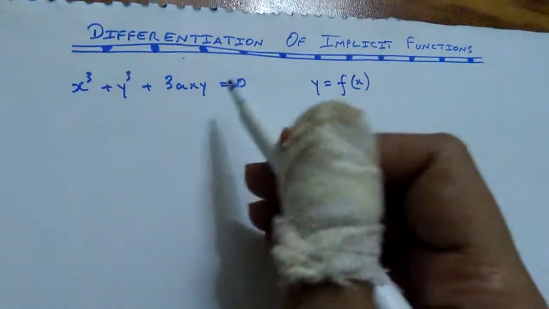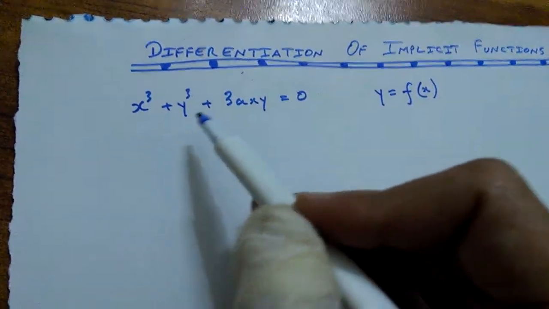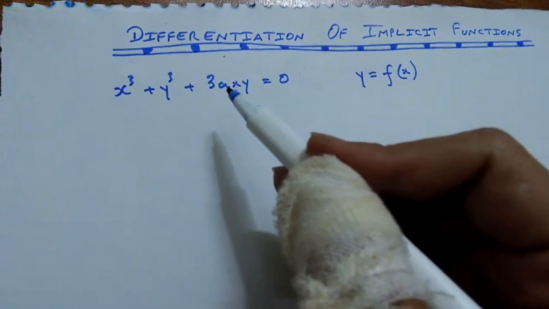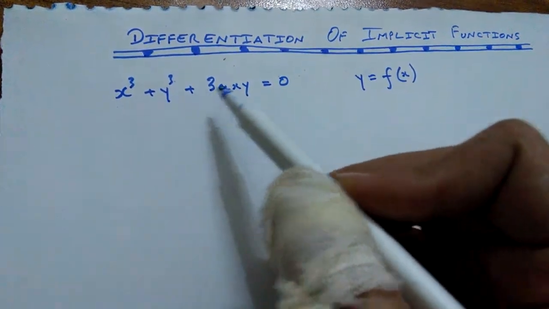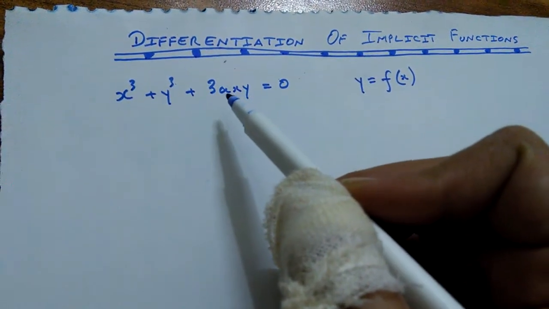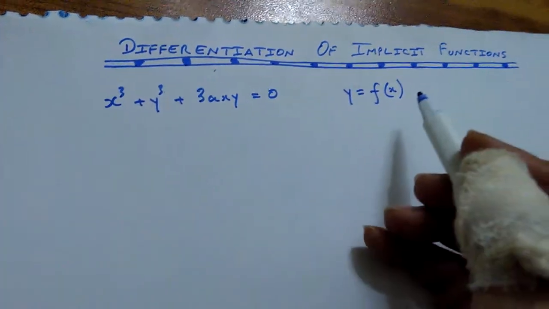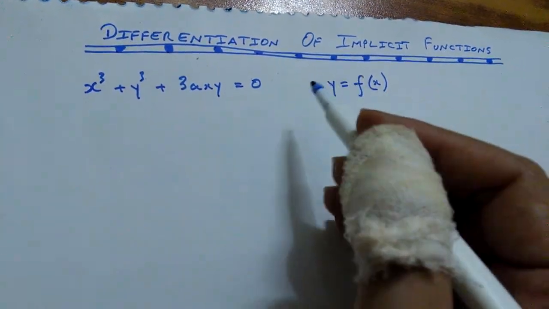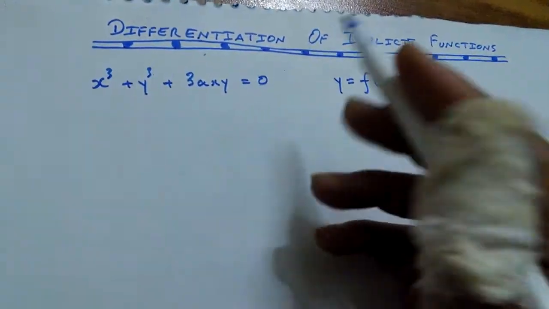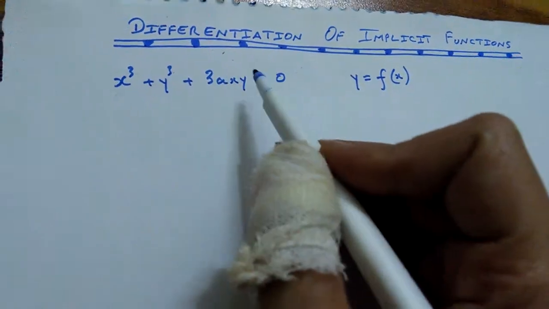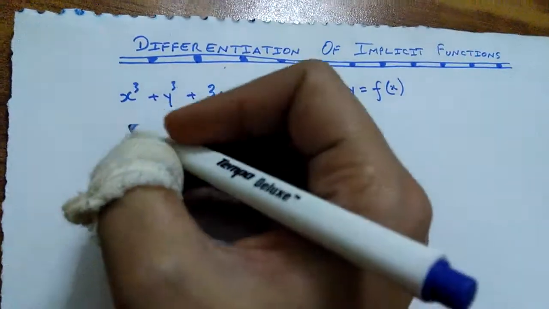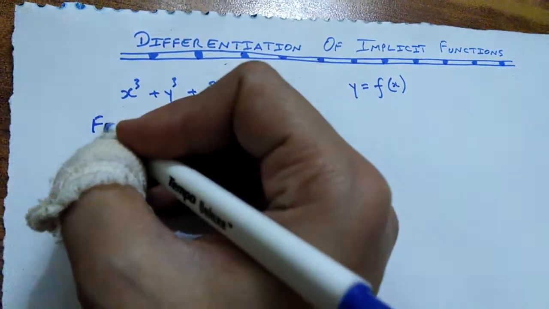In such types of equations, where it is difficult or impossible to separate one variable from the other and express it in this form, such kind of functions are called implicit functions, and we call this equation the functional equation,